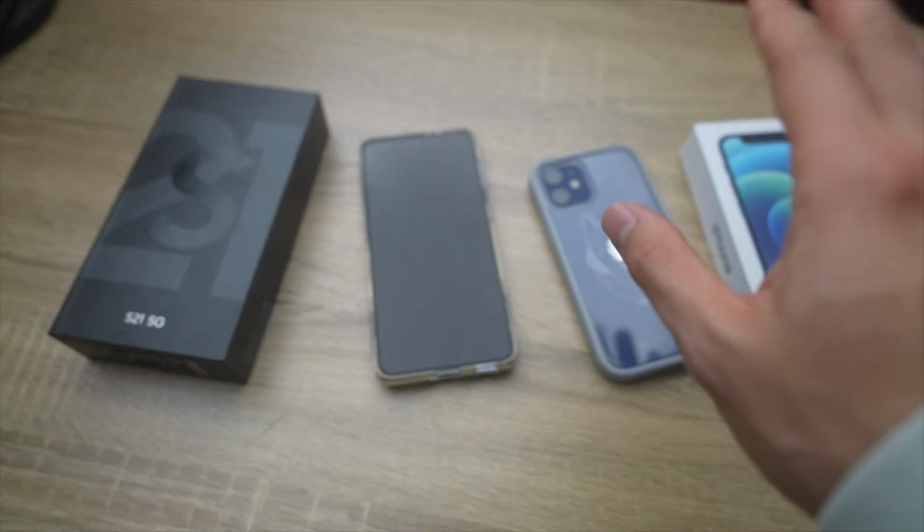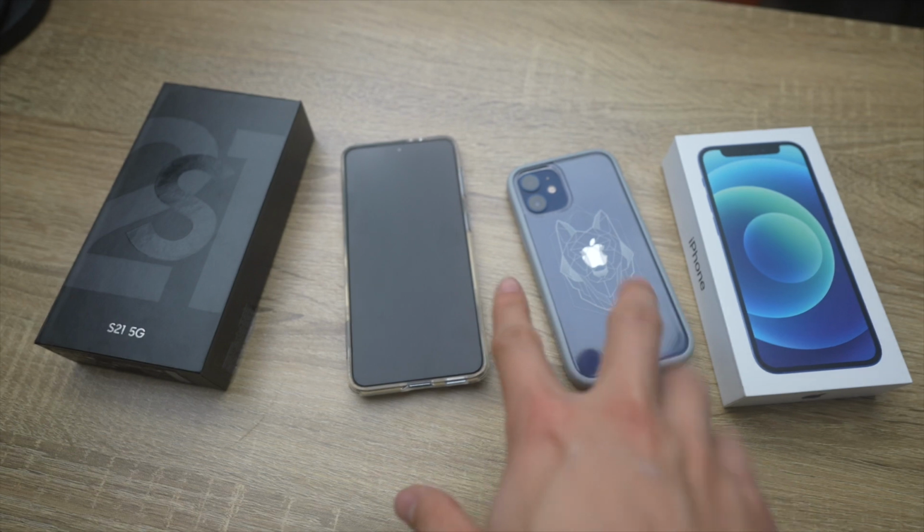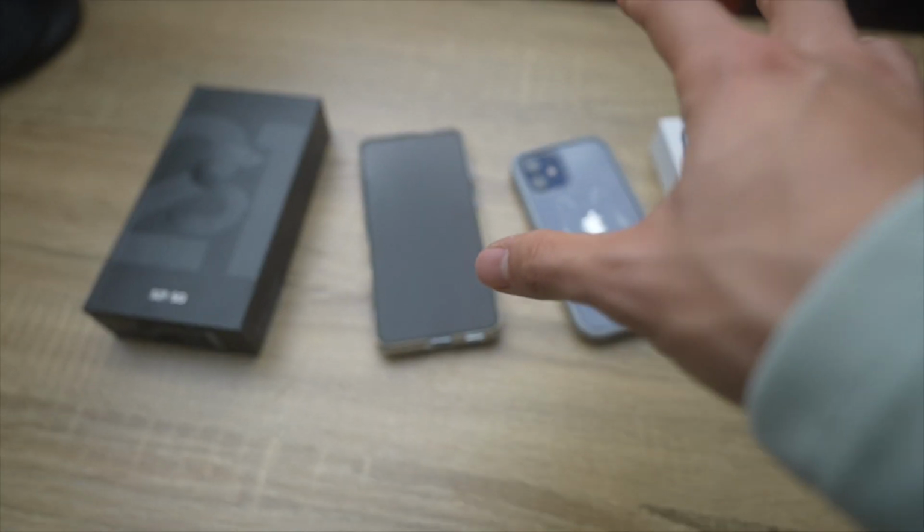Okay, so I've officially spent a week with the iPhone and a week with the Samsung. Now it's time to decide which phone is going to be my permanent daily driver. The one I'm going to choose is...